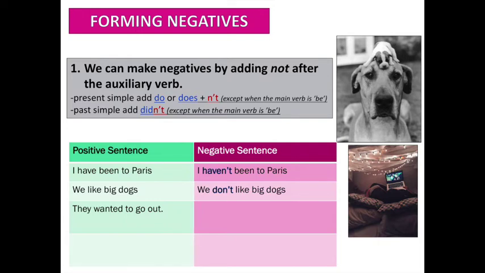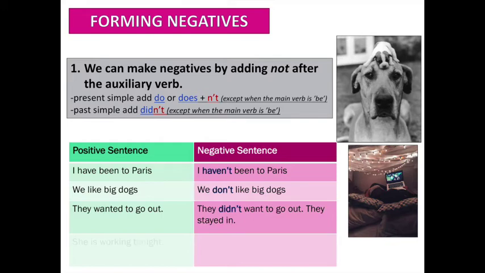Because it's past simple, we will use the auxiliary verb did. So "they didn't want to go out." You add the abbreviation to the auxiliary verb, or you can use the word not. "They did not want